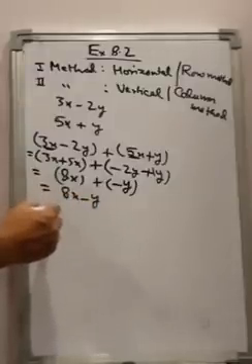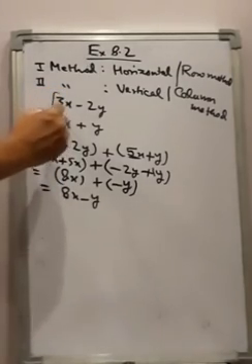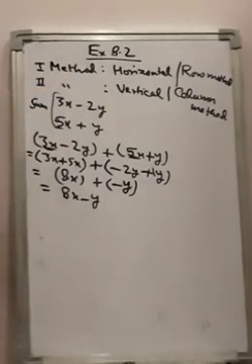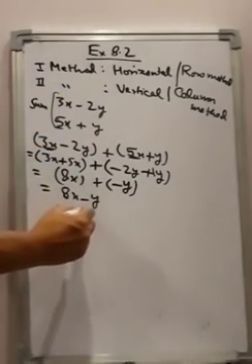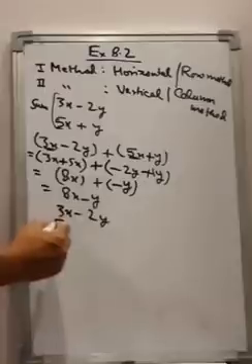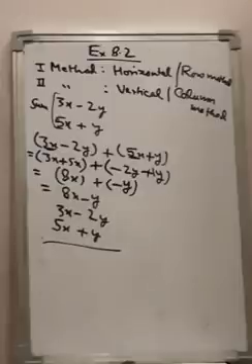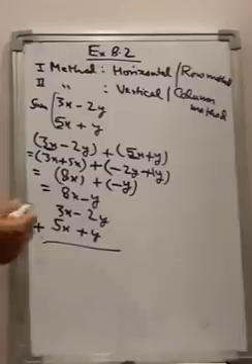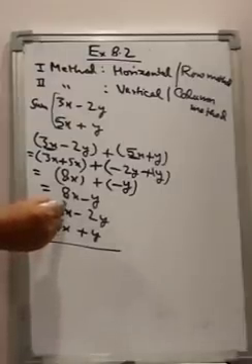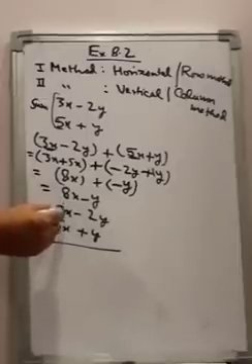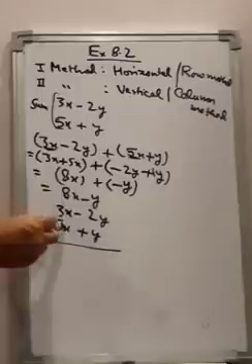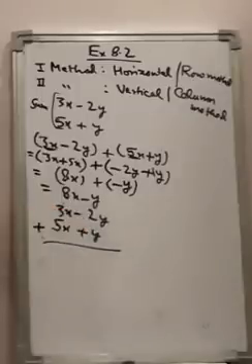Now let us learn the same sum. We are finding the sum here by vertical method or column method. So 3x minus 2y and 5x plus y. Let us add them. So in addition you can place one single plus sign over there representing that these expressions are going to be added. So notice that I have written like terms below its like term. That means the x term will be written below x and the y term will be below y.